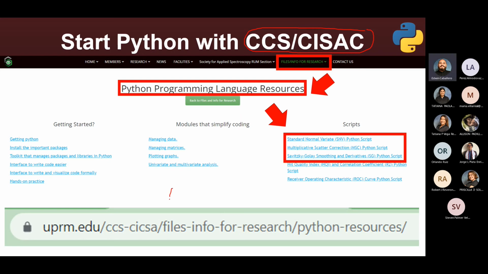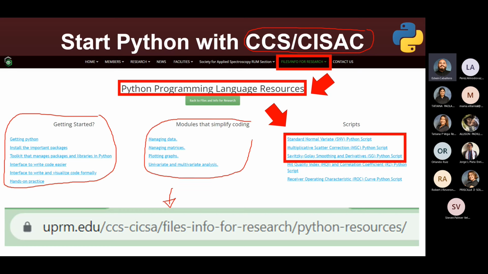Here below is the URL to it. This specific window contains basically how to get started on Python. You will have all the modules that I usually use when I'm coding. And I've even created 3 different data preprocessing method algorithms from almost scratch, not really scratch, but I tried to